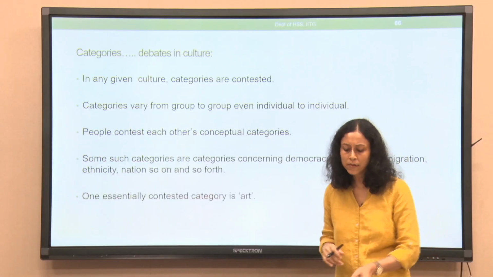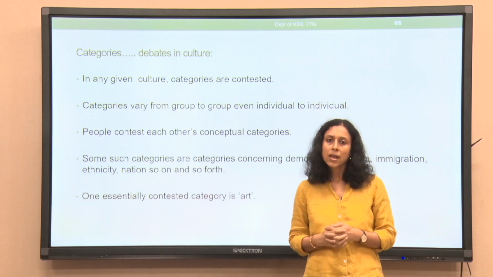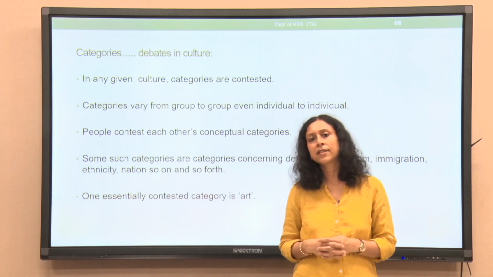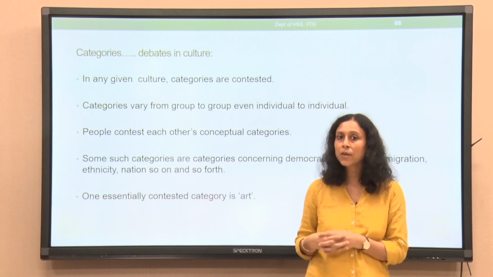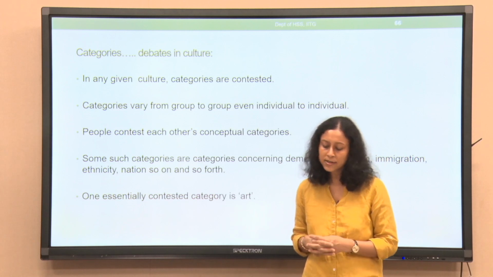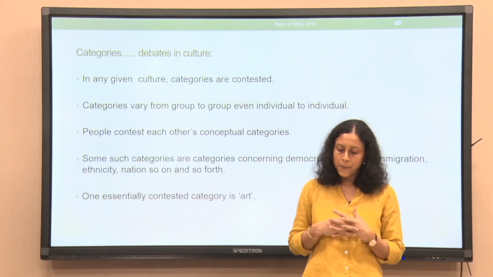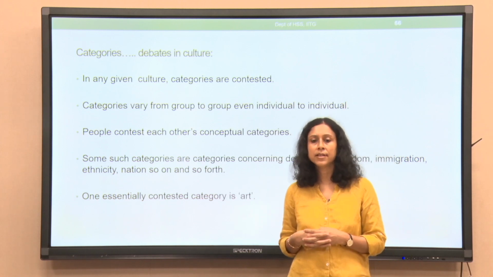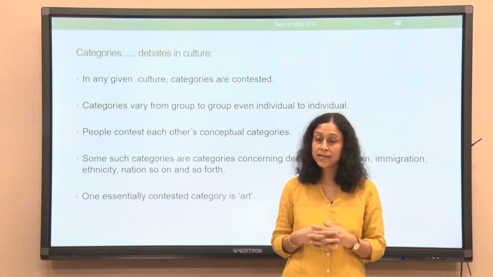Now, when we talk about cultures and categories, we actually open a Pandora's box. Cultures and categories have a very interesting interaction in terms of various kinds of categories, not only concrete objects, but also abstract notions. For example, one such category is the category of art. People from different cultures, different speech communities, have different ways of looking at the same object. As a result, categories vary.